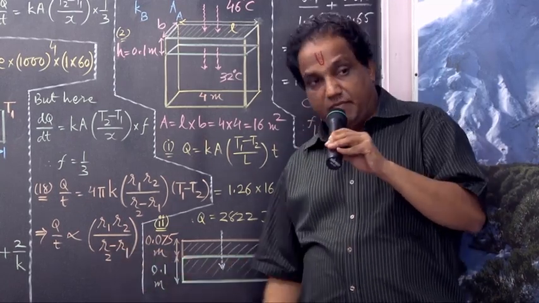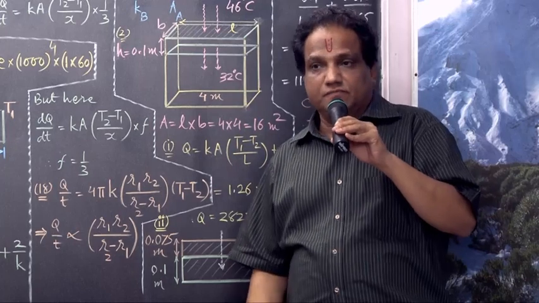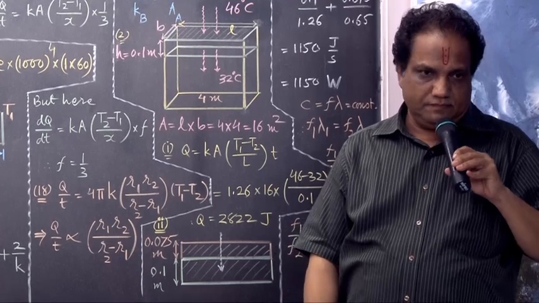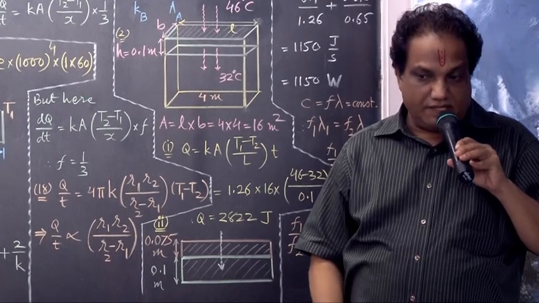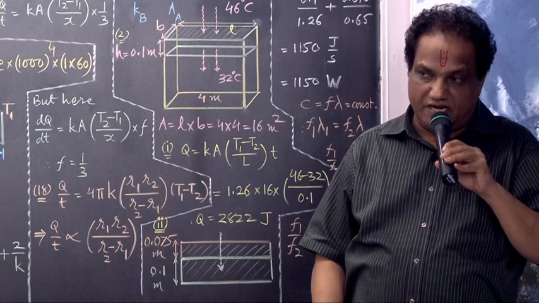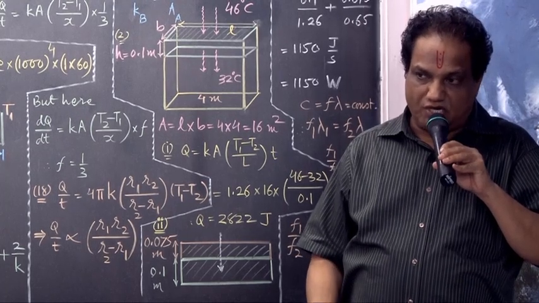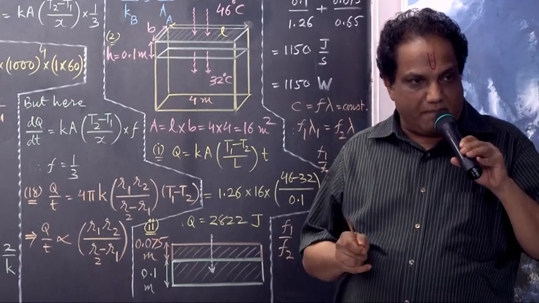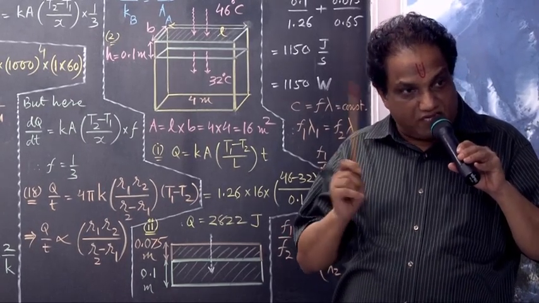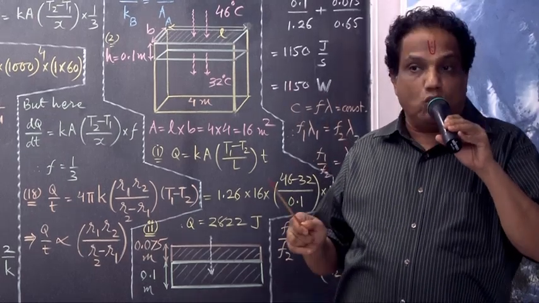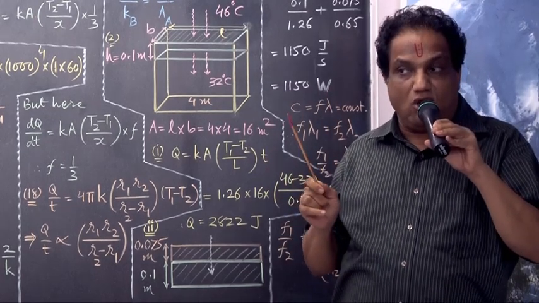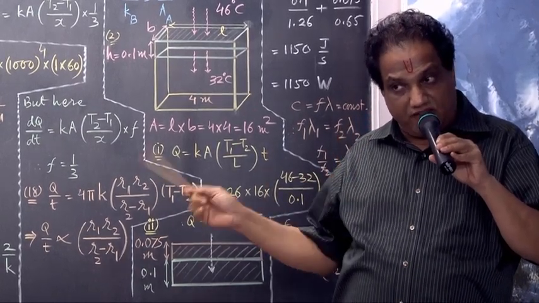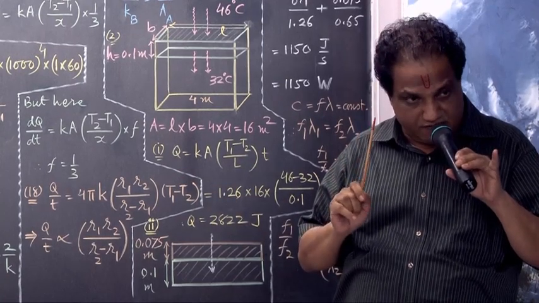Suppose they ask a similar question for a cylindrical shell. In the textbook, the formula is 2 pi KL into T1 minus T2 upon natural log of R1 upon R2. That part is in the denominator, so Q by T is inversely proportional to natural log of R1 upon R2. Remember, they may ask this, because it is there in the textbook, and instead of a spherical shell they may give you a cylindrical shell. Take care. Next.